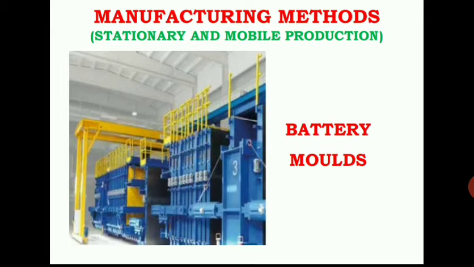which are required for the construction of so many structural elements, for example molds required for column construction, are fixed at a particular place. They can't be moved from one location to the other. And similarly for the construction of walls, those particular molds are fixed at a particular position, so they can't be moved from one place to the other. So the manufacturing process has to be done in a particular place itself, right? That is what we call the stationary manufacturing methods.